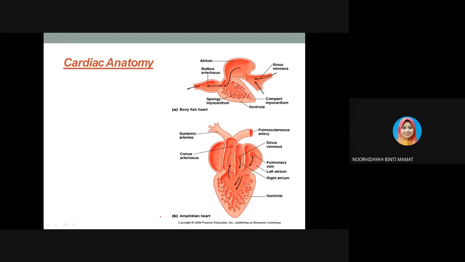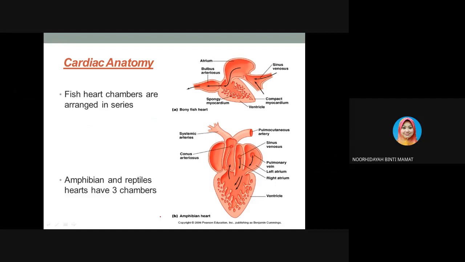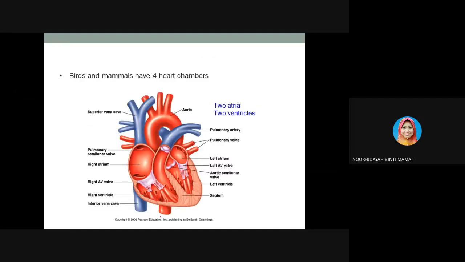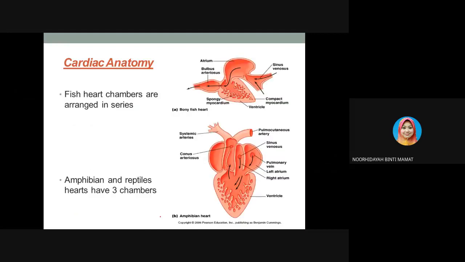So when we're talking about the cardiac, it is actually related to the heart. Okay, the cardiac muscles, and they have a different number of chambers. Okay, so as you can see from here,